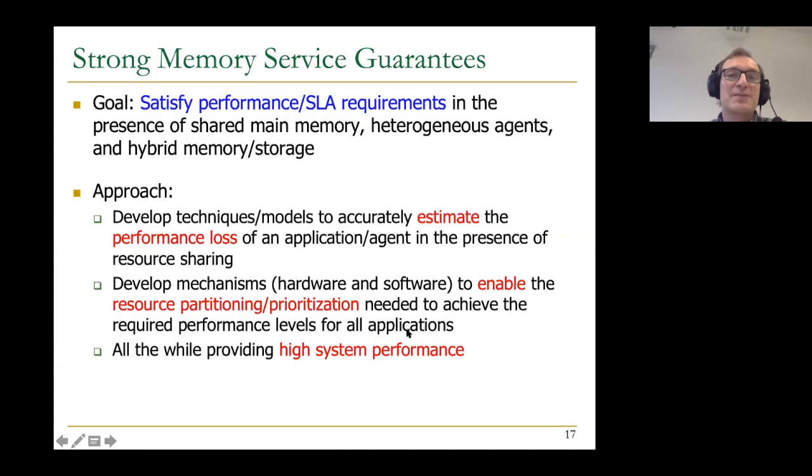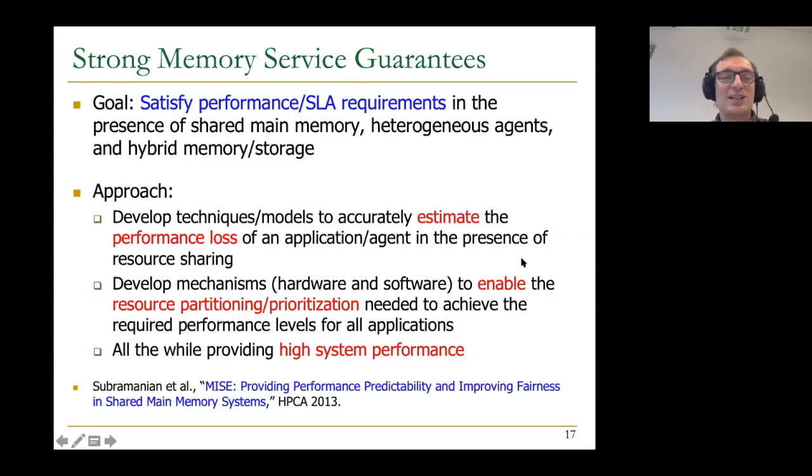And on top of this, of course, as we've discussed at some point, you want to have high system performance. You don't want to give up high system performance and efficiency. And that makes the problem difficult. If this was not the goal, then quality of service or strong memory service guarantees is really an easy problem. Just run one application alone in the system and provision your system such that you can get the latency and bandwidth requirements or whatever requirements you need from the system for that application. That's a terrible approach in terms of efficiency, clearly, right? You're running one application on the system, which is capable of running many, many applications, as we discussed with consolidation, right? Okay, so this is a very good direction going into the future,